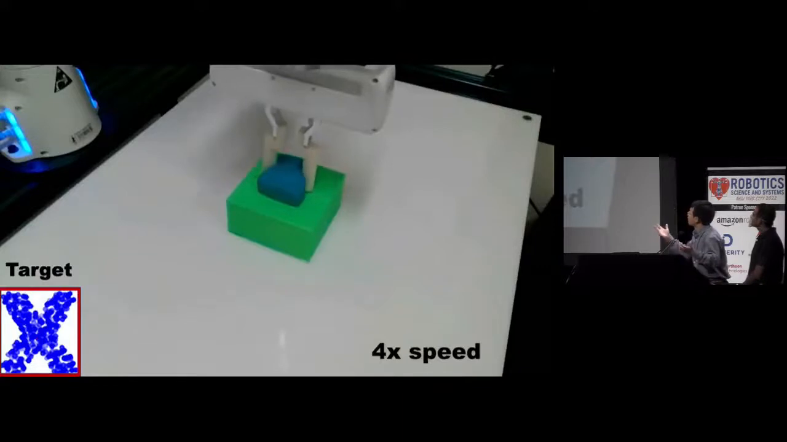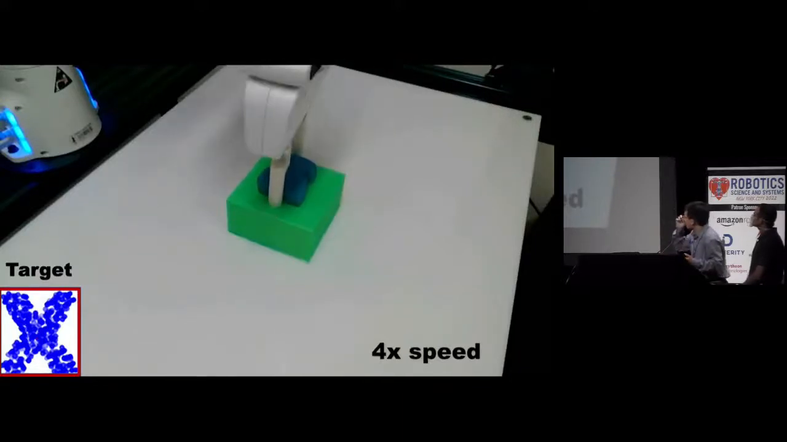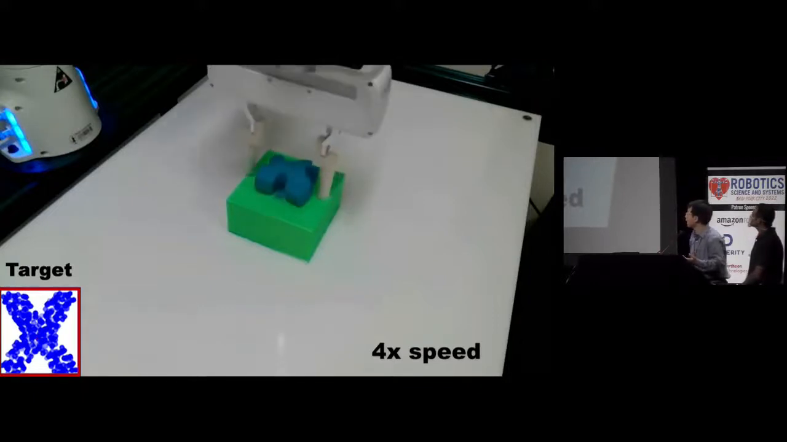Here's the manipulation result of letter X in the real world. RoboCraft accurately predicts how the plasticine will move and leverages the gradient information to plan a trajectory with horizontal pinches and vertical